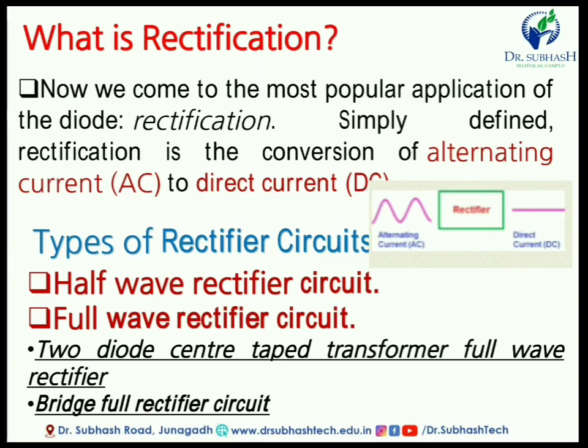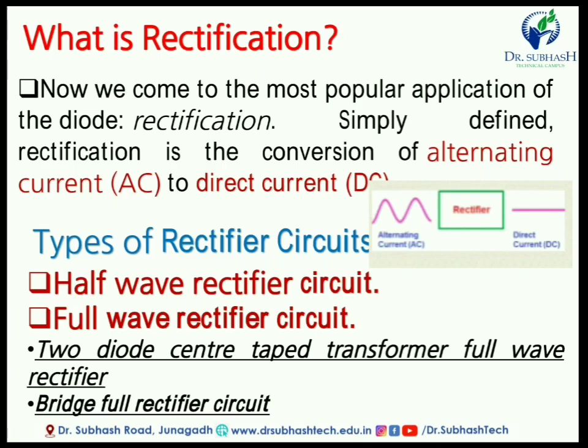Friends, you already know about our mobile charger, because our home appliances run on an AC waveform. Here, from PGVCL or GEB, the AC waveform is supplied. If you want to charge a battery or use a DC signal, then a rectifier is required. So the rectification process is most important for any basic electronic or electrical device.